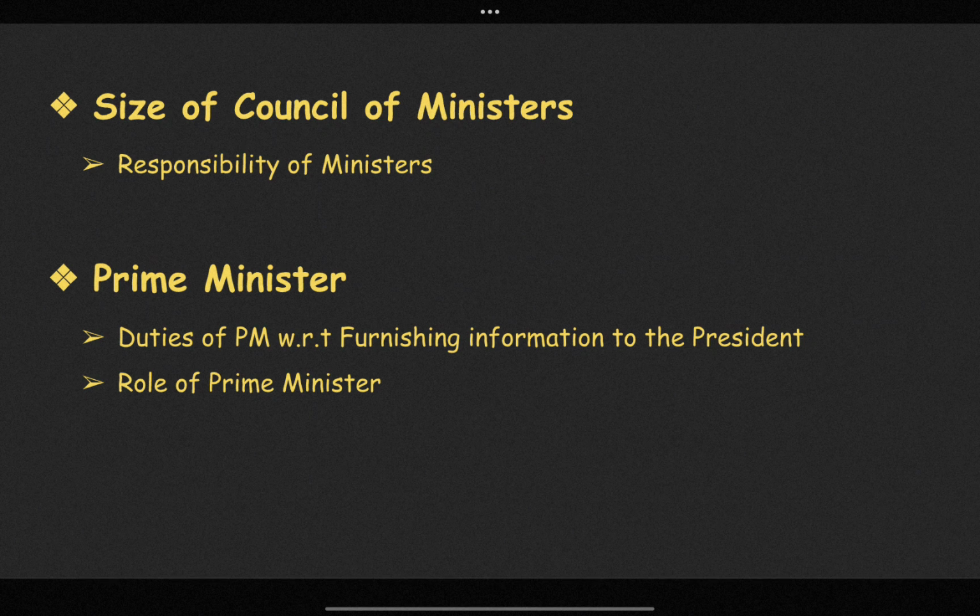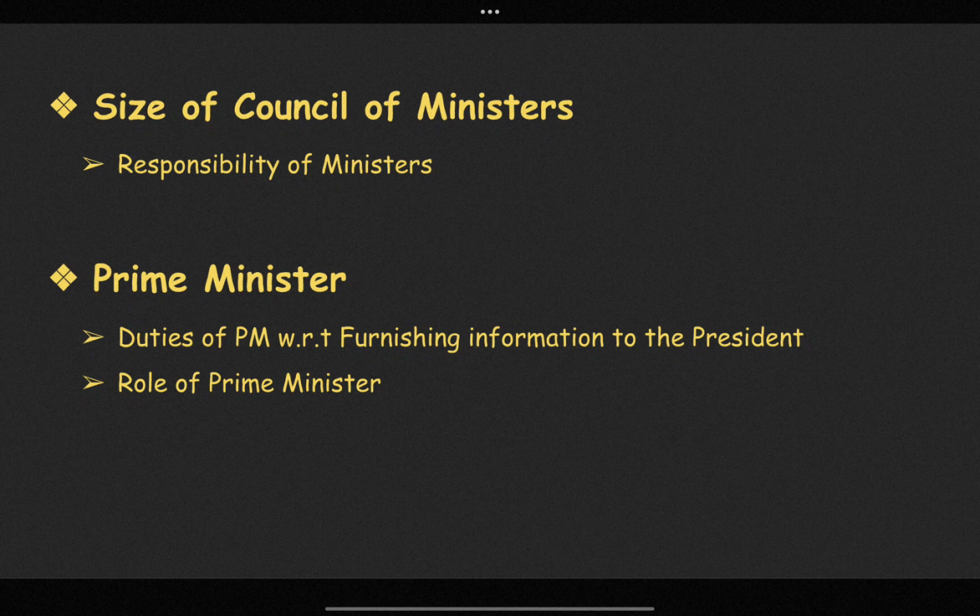Apart from these ministries, the Prime Minister is in charge of those ministries which have not been allocated to any minister. The Prime Minister can interfere in any ongoing debate in the Parliament. The Prime Minister is the main spokesperson of the Government of India, and at the time of national crisis, the whole country looks toward the Prime Minister for a statement. Thus, on the basis of the above analysis, it may be concluded that an Indian Prime Minister is not the primus inter pares, but more than that.